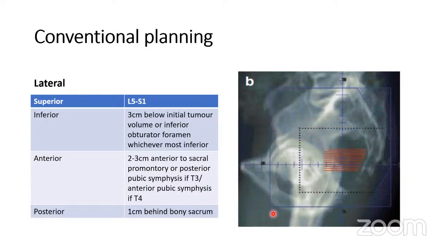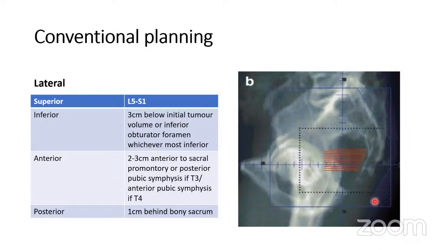kept either at the posterior border of pubic symphysis if it's a T3 case where you do not need to treat the entire external iliacs, or you can measure from the sacral promontory, you can go 2 to 3 centimeters anterior, which will correspond to the posterior border of pubic symphysis. If we need to cover the external iliacs, especially the anterior part of the external iliacs, we need to go up to the anterior border of this pubic symphysis. And posteriorly, we ensure that we go at least 1 centimeter behind the sacrum so that the entire presacral space